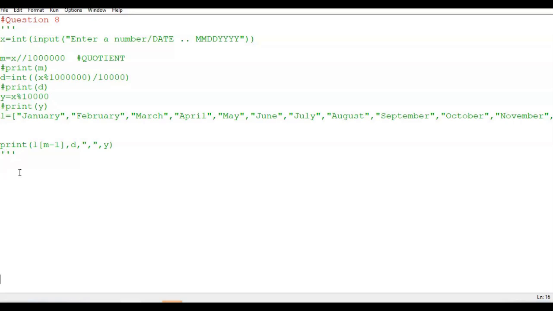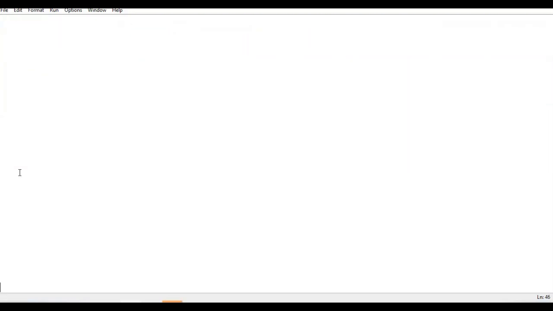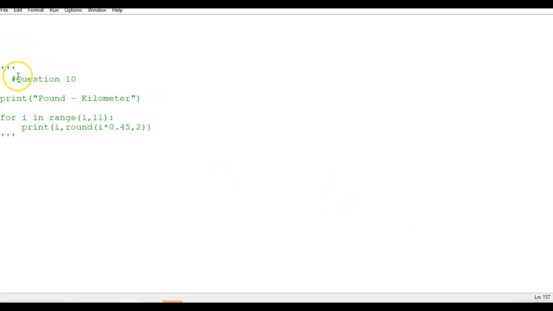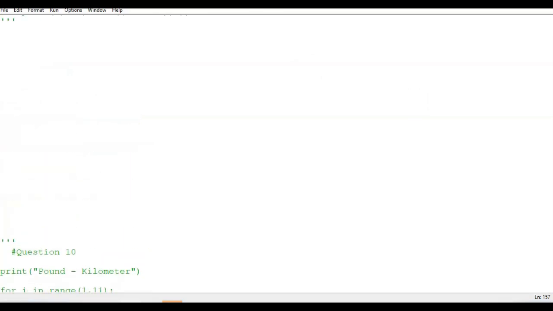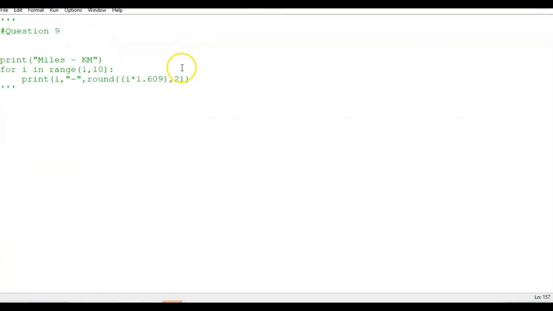Okay, and then we will be getting the next question here. Yeah, this is our next question. So miles into kilometer is question number 9. Yeah, here it is. Question number 9.